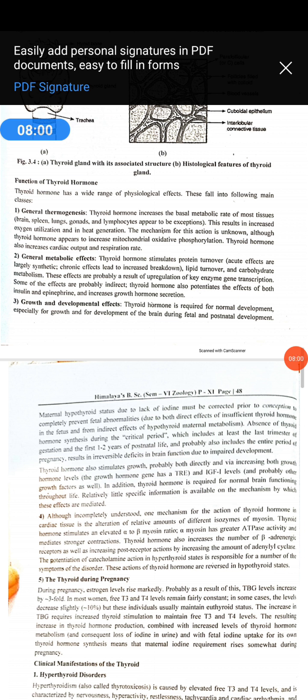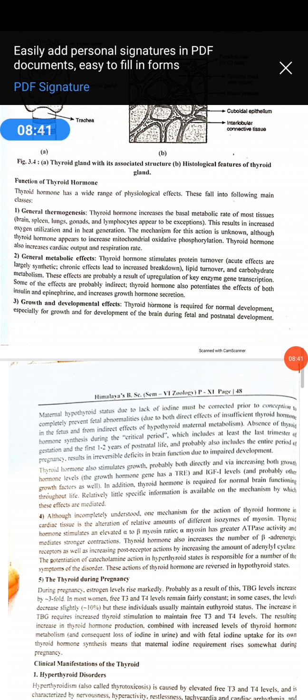So a low level of T3 and T4, or a low metabolic rate, stimulates the secretion of thyroid stimulating hormone, or thyrotropin, from the anterior pituitary. This TSH in turn stimulates the thyroid gland to regulate the secretion of thyroxine. The hypothalamus and the pituitary gland are the target organs of thyroxine. The hormone thyroxine acts on this gland and inhibits the secretion of thyroid stimulating hormone. In this way the negative feedback mechanism plays a very important role in maintaining homeostasis.